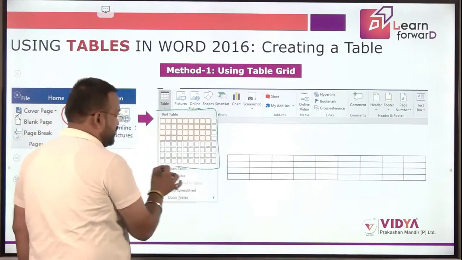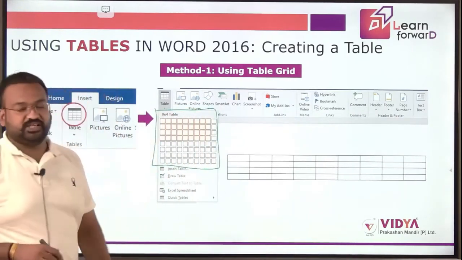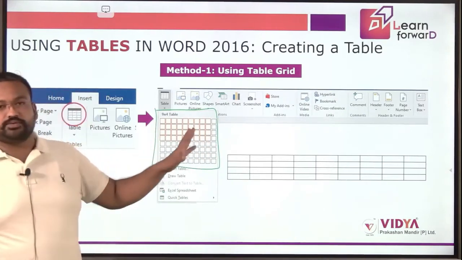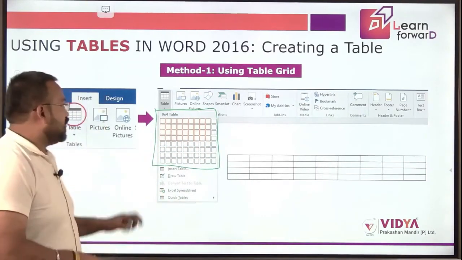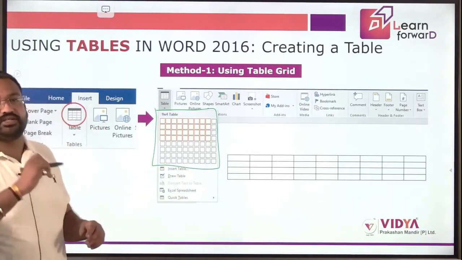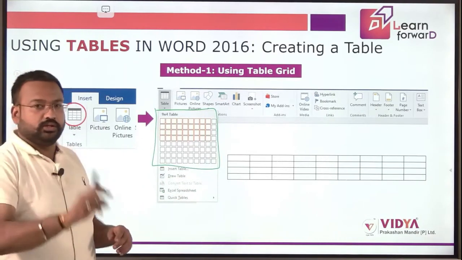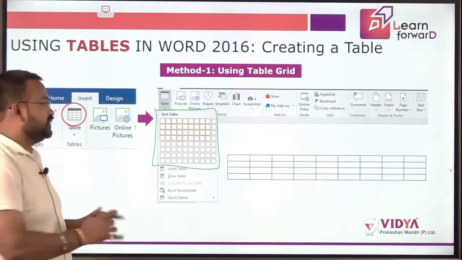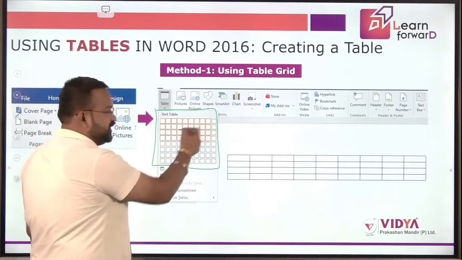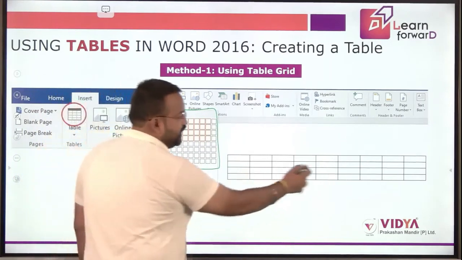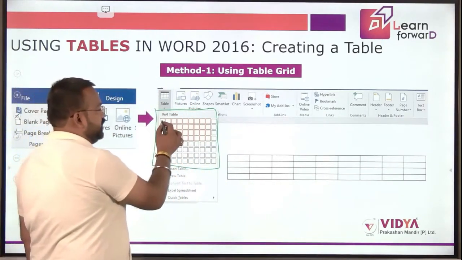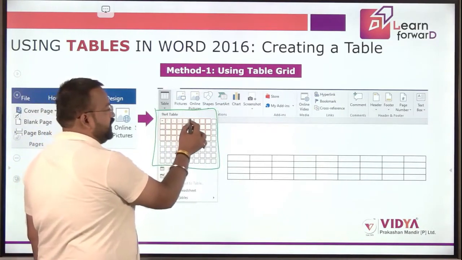So you can create your table from this widget. Over here you select the number of rows and columns. To select, you just left click your mouse and drag it. Once you drag, a table with that number of rows and columns would be created. Like suppose over here we have selected 1, 2, 3, 4, 5, 6, 7, 8, 9.